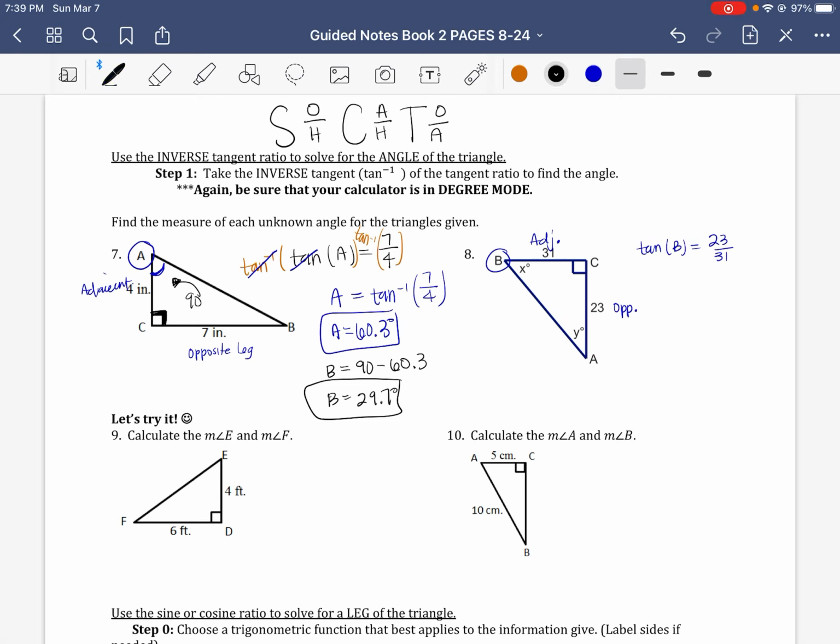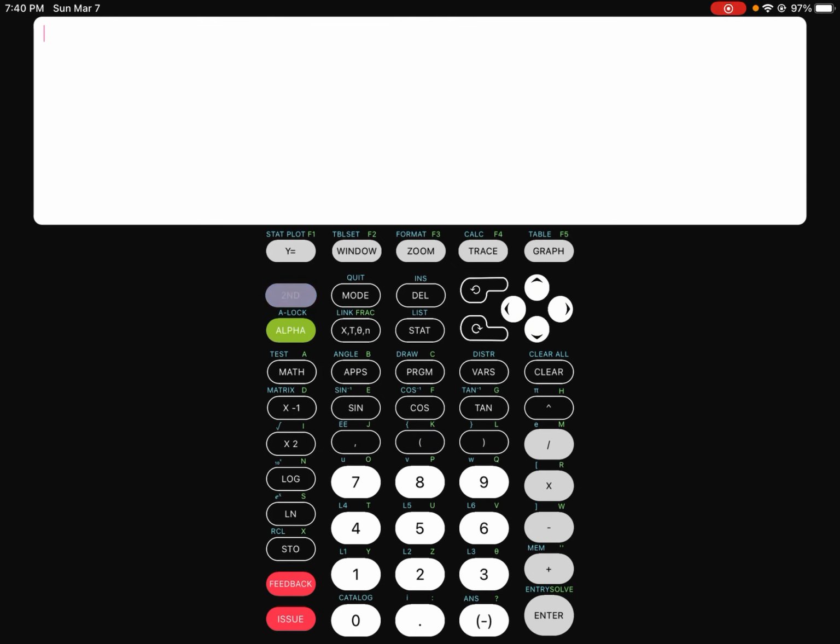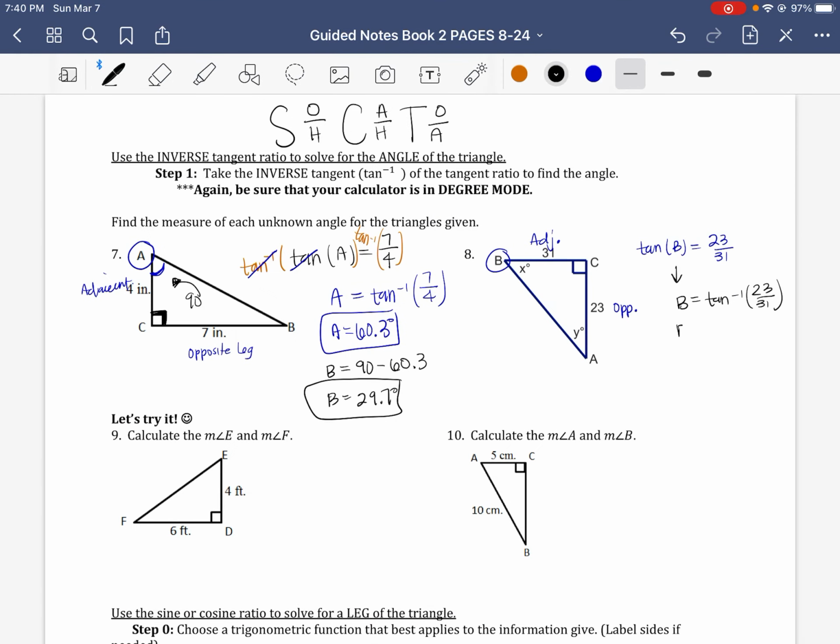Now you will see over and over again, the more you use these, you'll realize, okay, well, if I want to find B, I take the inverse tangent of the fraction. Notice the fraction doesn't change, the SOHCAHTOA doesn't change. We just use the inverse function. So this is inverse tangent of 23 over 31. So I come here, I do second tangent of 23 divided by 31. And that gives me a degree measure of about 36.6 if I round. So B would be